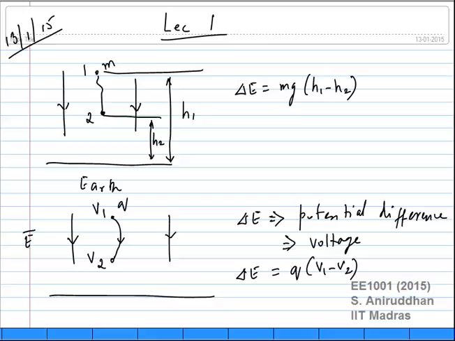So in the previous class, we started looking at the definition of these terms and why we use voltages and currents. There is a very specific reason. From an engineering point of view, from an analysis point of view, voltages and currents are much easier to work with. Okay, their effects and measurements are much easier. At some point of time, you have to go back to the physical quantities, and you will learn more about these in other courses, as I pointed out, in solid state devices and in electromagnetic field. Okay, but you will find that in a majority of these situations, it's much easier to just work with voltages